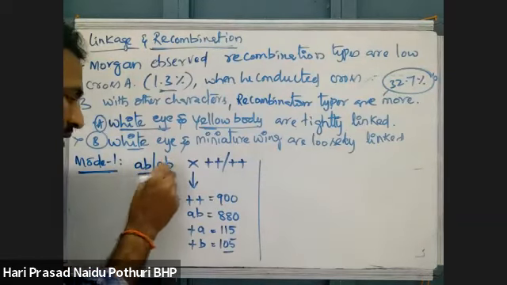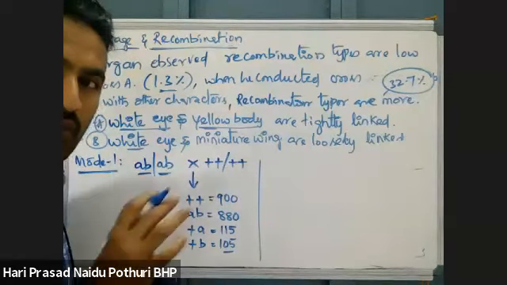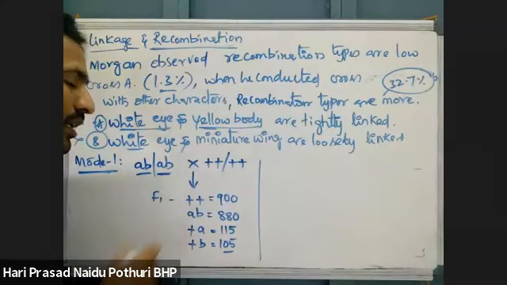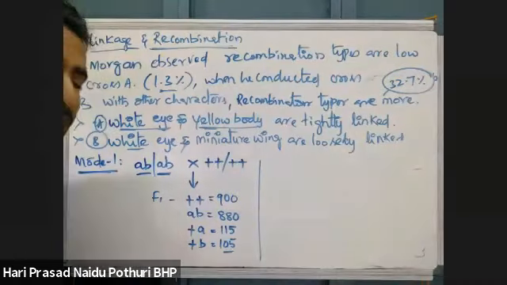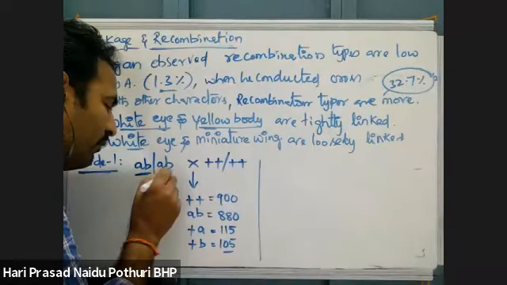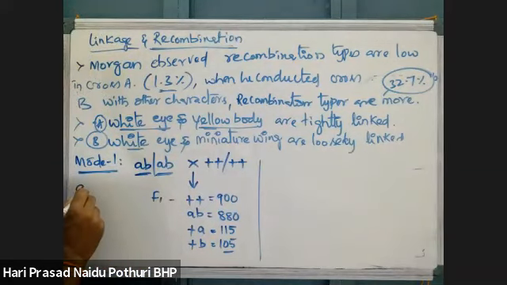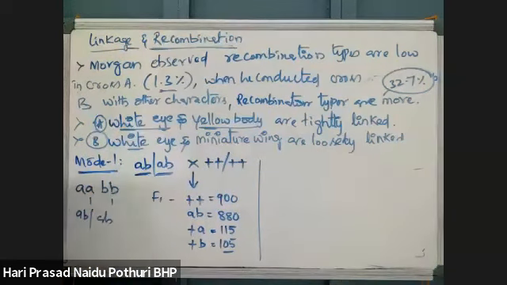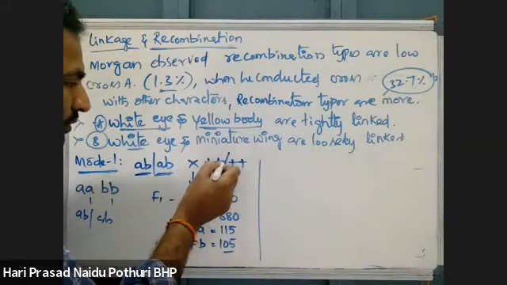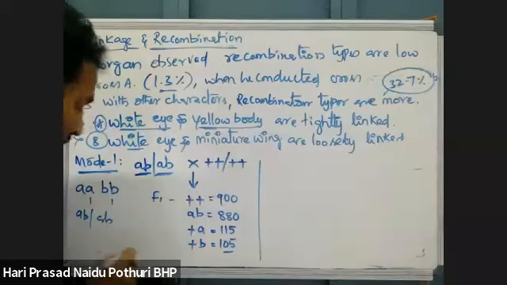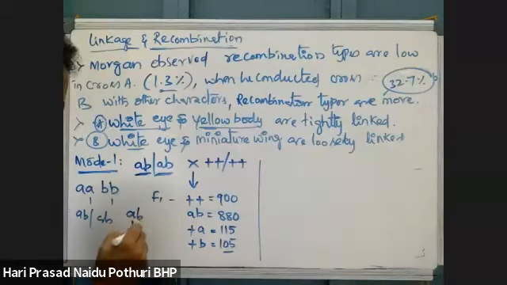Suppose Morgan conducted a cross of an organism which is homozygous for gene A and gene B, that is AABB. So here the gametes may be like this, AB. When it is crossed with wild variety, one gene is taken from the wild variety and another gene is coming from this. So this will produce two kinds of gametes: A is one gamete, B is one gamete.